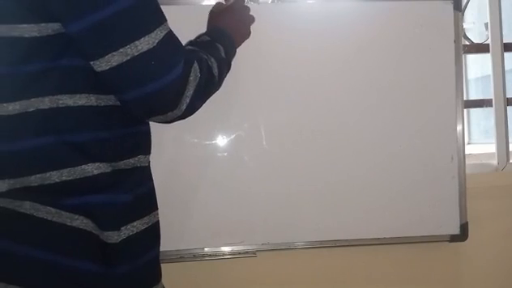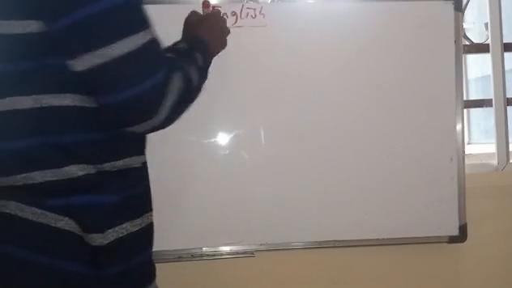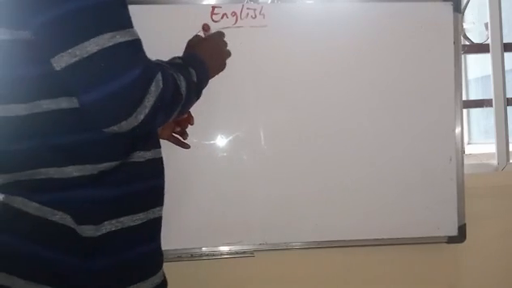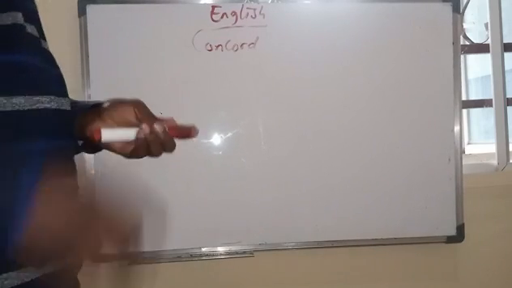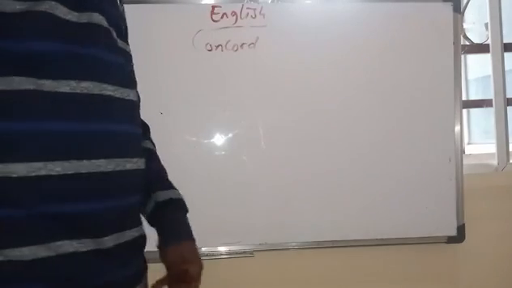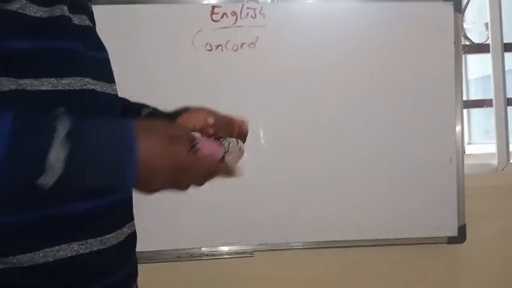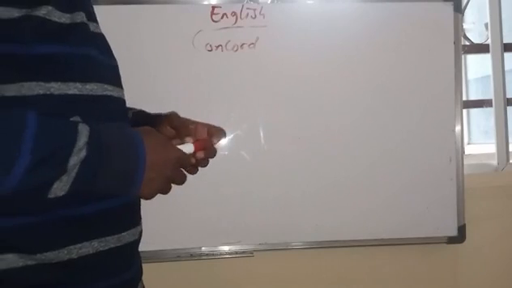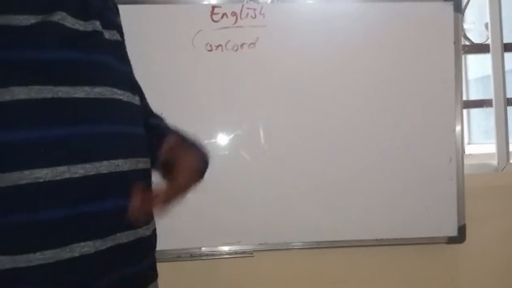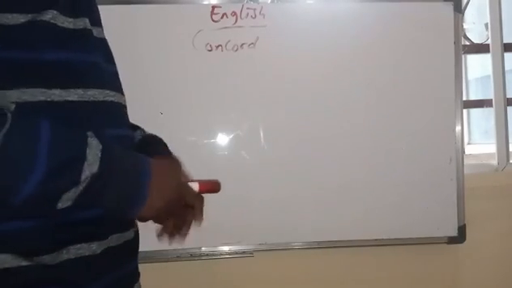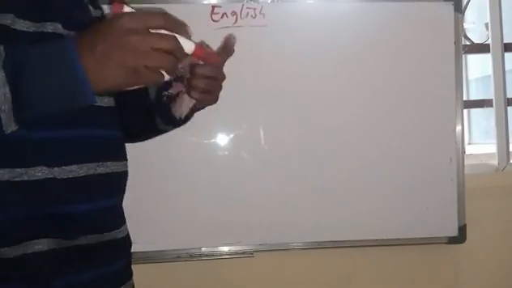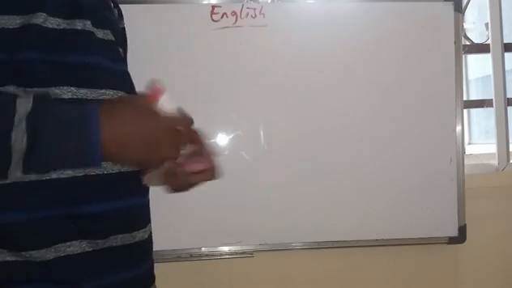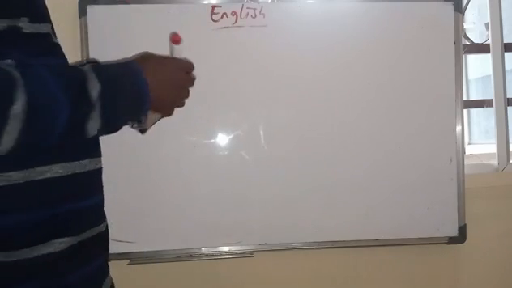Primary students, we treat what we call Concord. Concord literally means agreement. It means agreement. So in sentence construction, like we mentioned before somewhere, in a sentence we do have